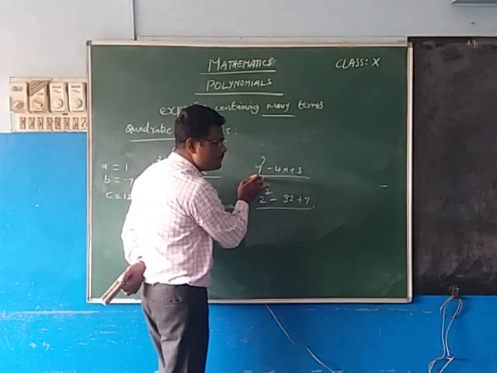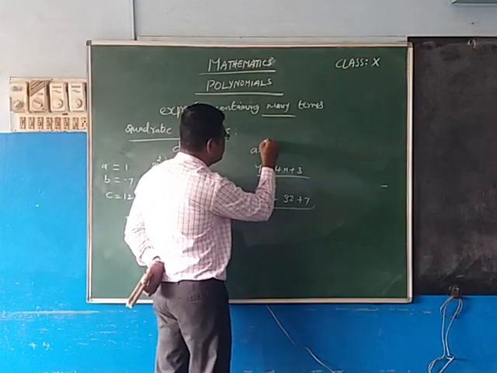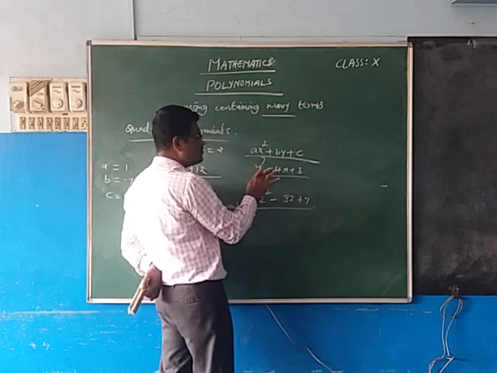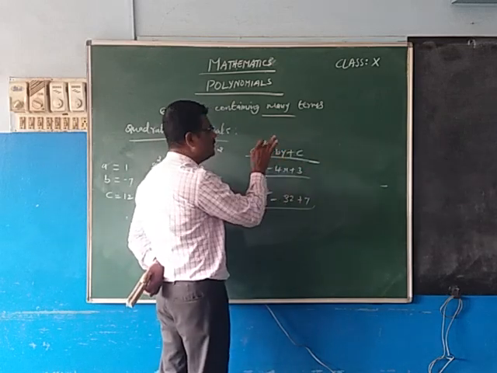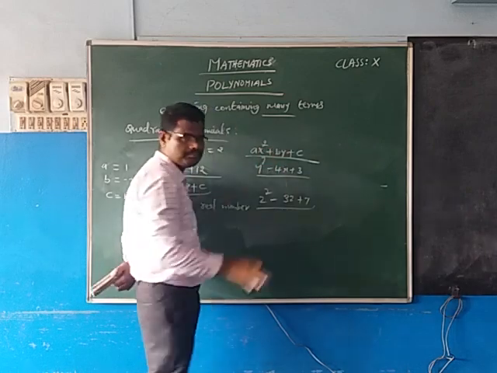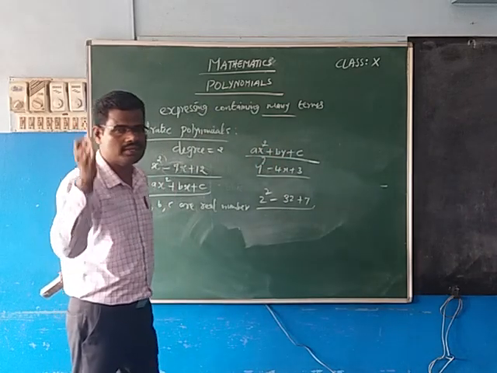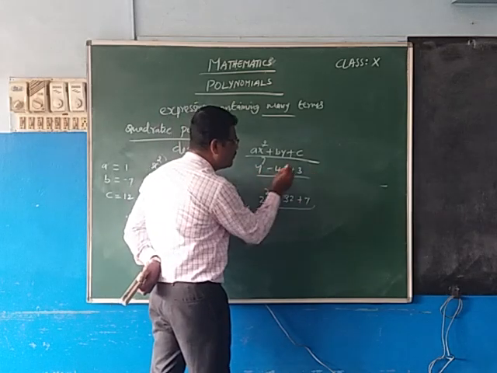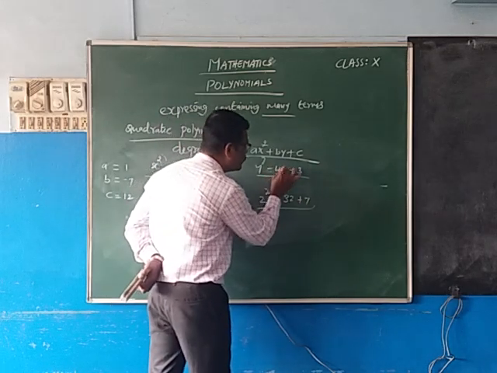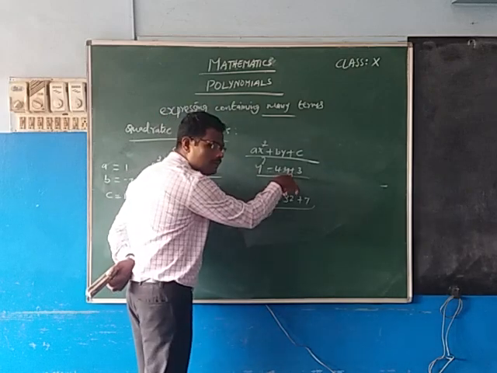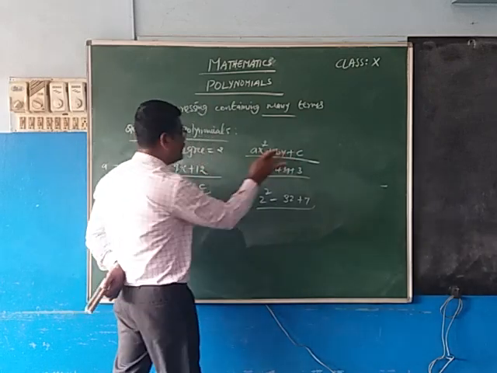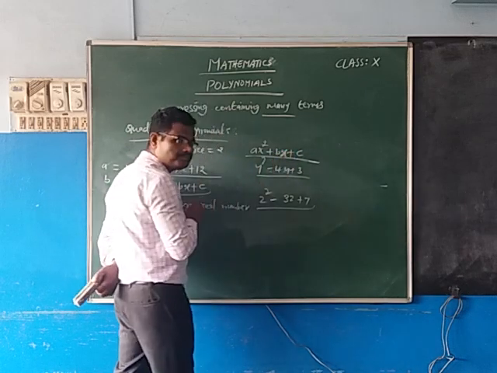In this, can you say it is of the form ay square plus by plus c? Always, whether it is minus, plus, anything it may be, the general form is always plus here: ax square plus bx plus c. In this place, y is a variable. Sorry, here y square minus 4y plus 3. y is a variable, but in standard form x is the variable: ax square plus bx plus c.